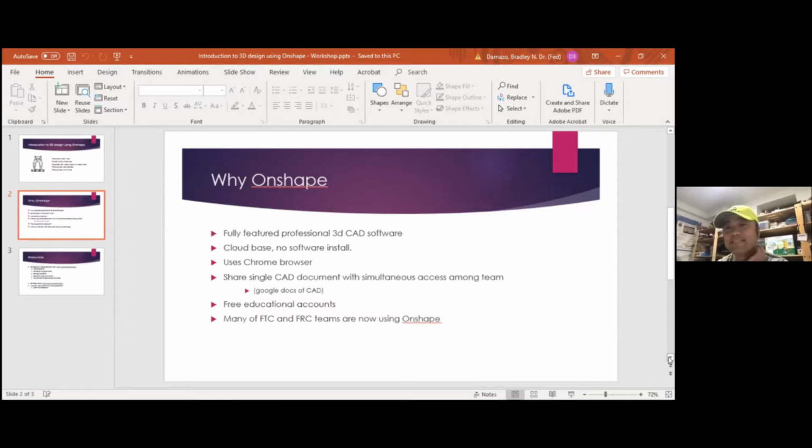And it's become very popular amongst FIRST teams. A lot of FTC and FRC teams are now using Onshape. So with that, I'd like to switch over and continue the introduction into the details of producing a model in Onshape. All right. Well, why don't we now just jump into Onshape here and